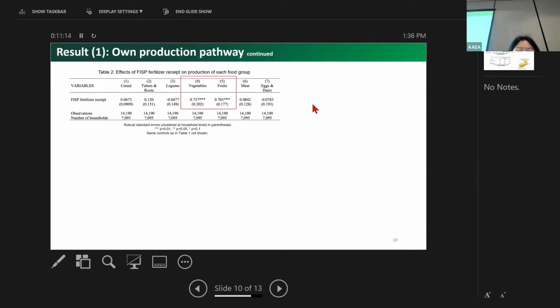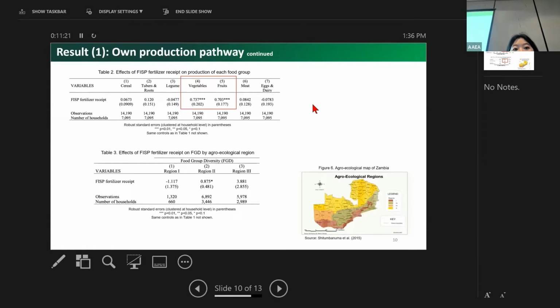And we found that FISP fertilizer is promoting the chance of producing more vegetables and fruits. And also we divided our sample into 3 agroecological regions. And we only found that FISP fertilizer had a positive effect on this diversification in region 2, which is this orange and green area. And it is the most productive area in Zambia, given moderate amount of rainfall and moderate soil